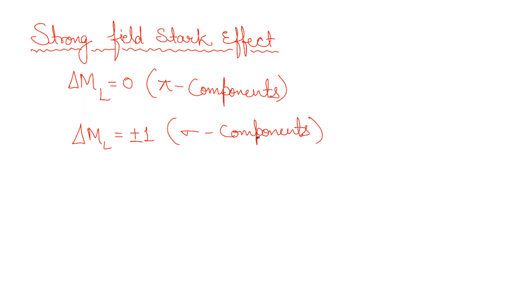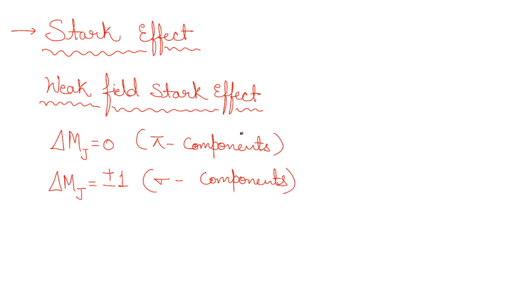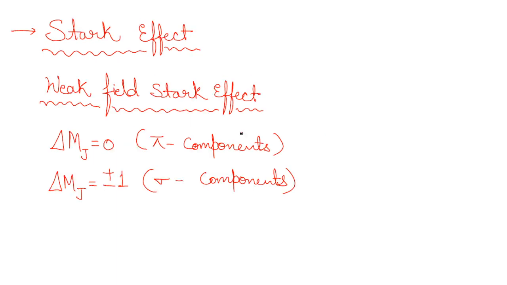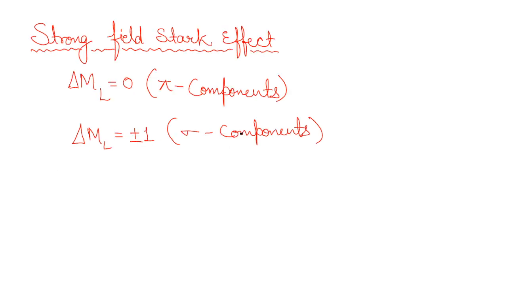And if I'm going to talk about the strong field Stark effect, so it's going to be delta ml is equal to 0 for pi components and delta ml is equal to plus minus 1 for sigma components you will get. Okay, so this is corresponding to the mj part, this is corresponding to the ml part. This is how you can even compare them with the previous selection rules we have already discussed, because then it will be easy for you to memorize them. Like when we were considering ml, when we were considering mj, for normal and the anomalous Zeeman effects respectively, but here the exceptional case is not mentioned. So that is the difference between both, and all clear, so you can compare them too.